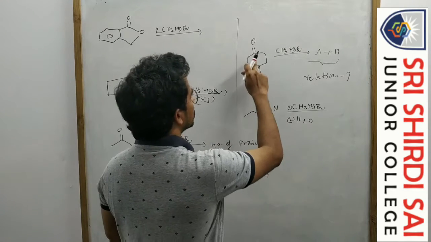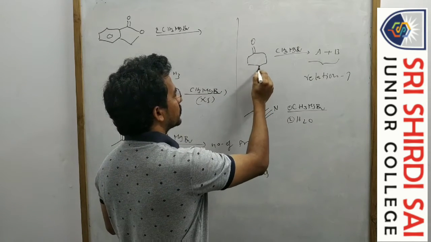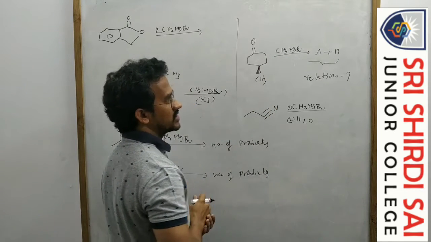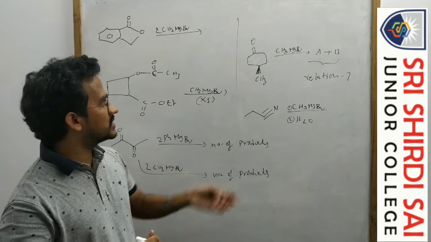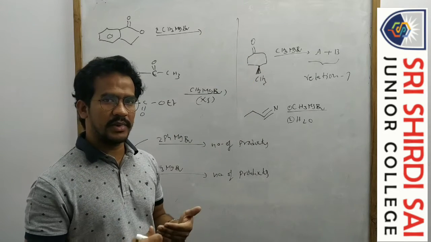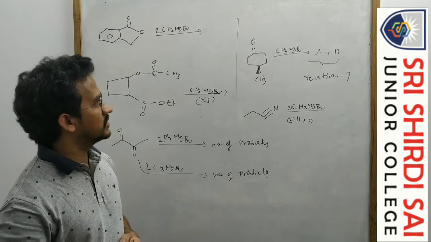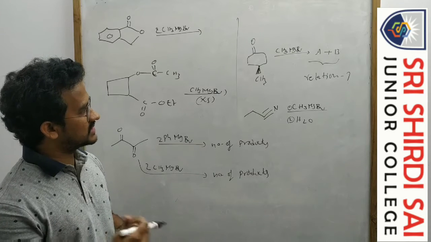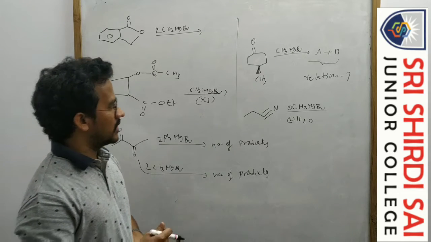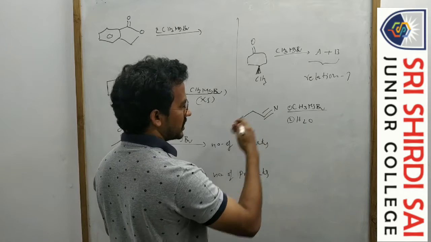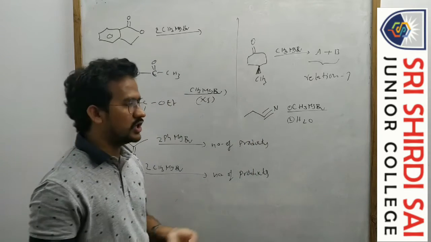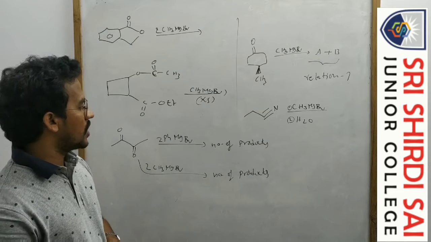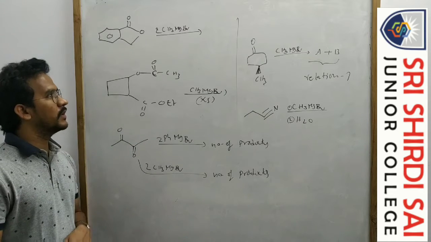And next, this is the methyl above the plane, and then another methyl is coming from the Grignard reagent. We will get A plus B, 2 products, because this carbonyl group is planar, so it is attacked from either the front side or the back side. So here we get the A plus B 2 compounds. Then we can assign the relation between A and B. And then here, cyanide. Cyanide on reaction with methyl magnesium bromide produces a ketone but not an alcohol. So we can write the product. Write this one down.